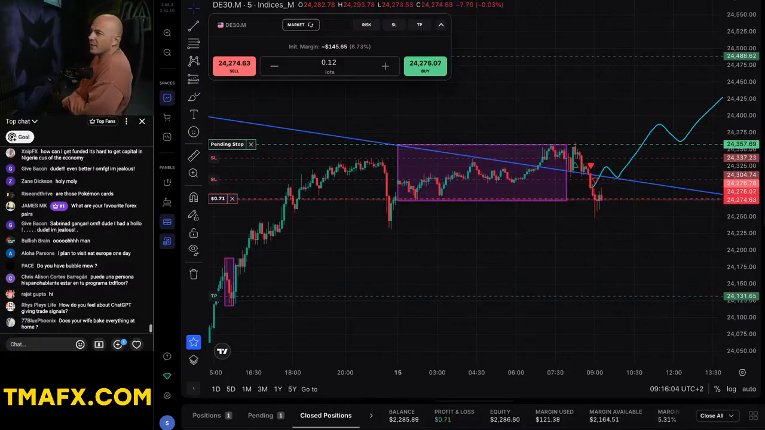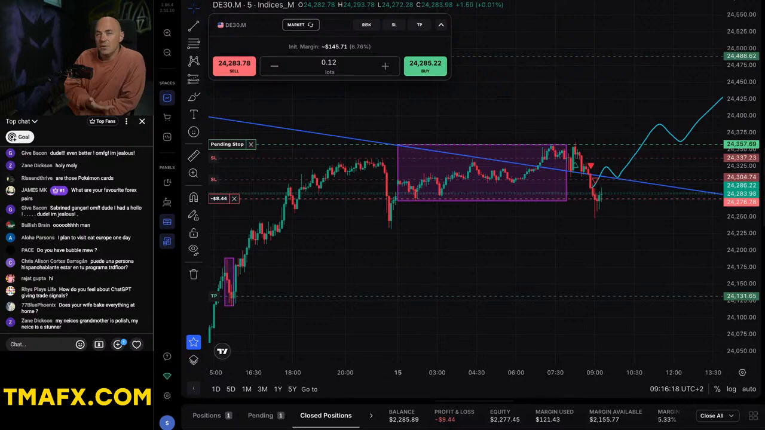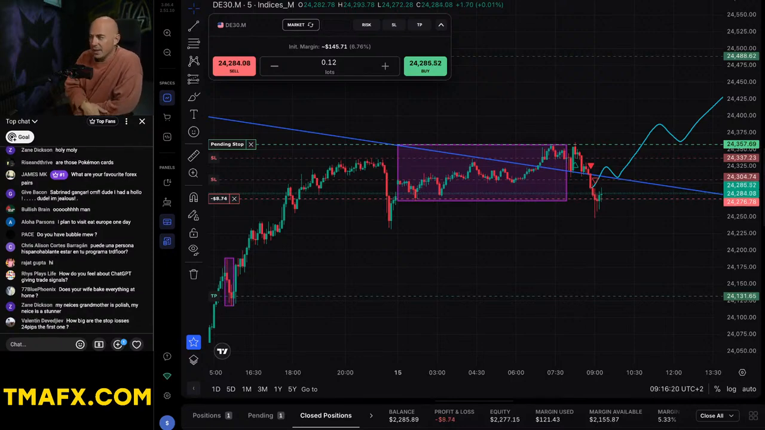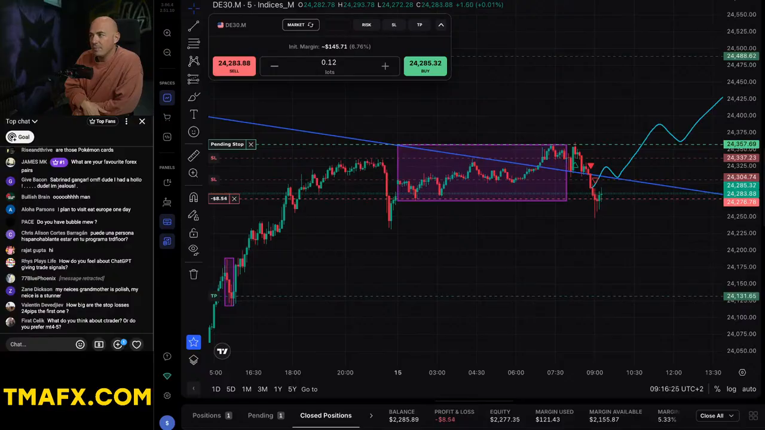How can I get funded? It's hard to get capital in Nigeria because of the economy. So here's the thing, and this is the highest benefit of a demo account for long term. If you use MetaTrader on a demo account, which is free, and you trade it for an extended period of time,